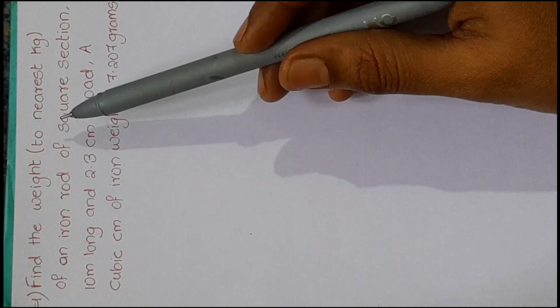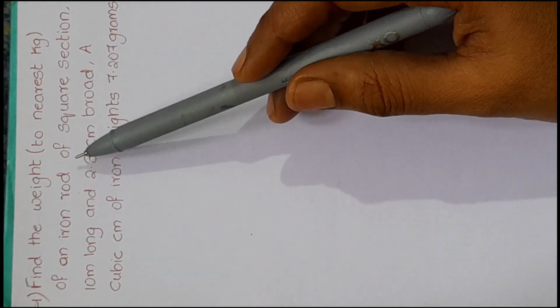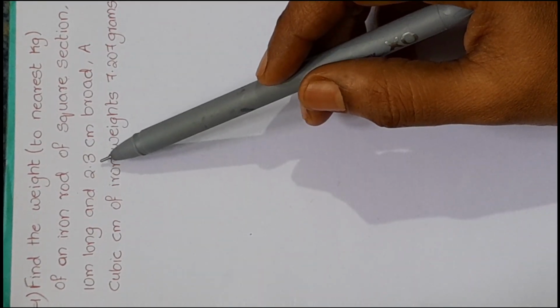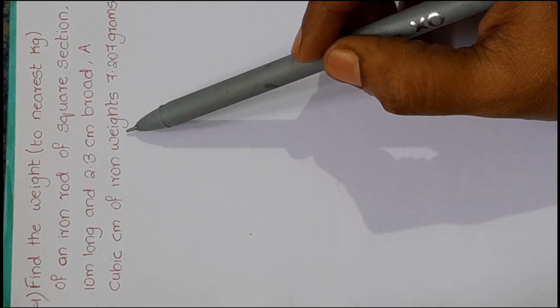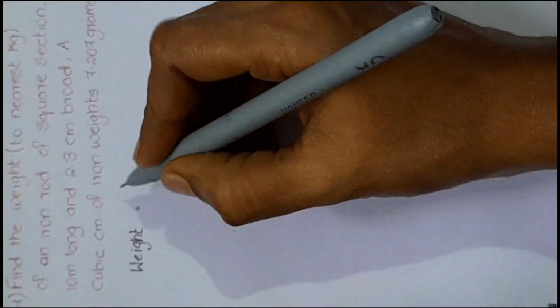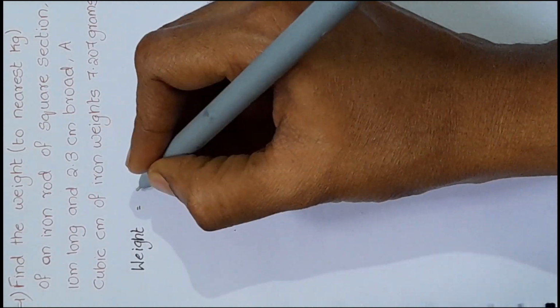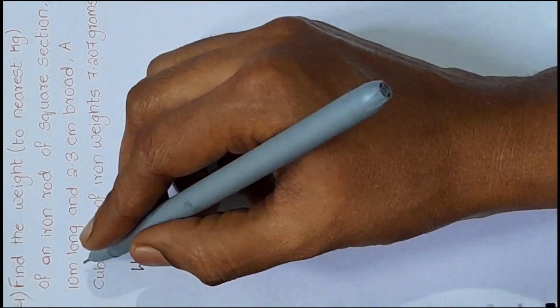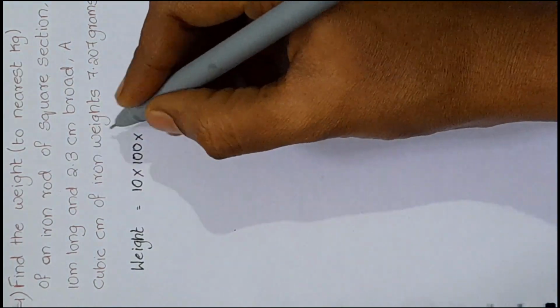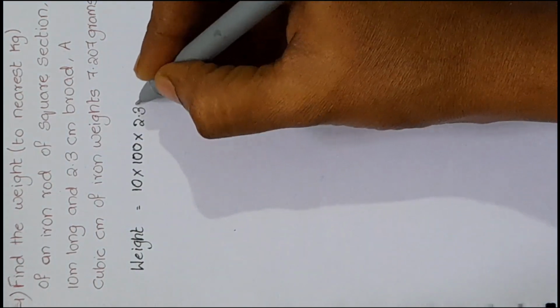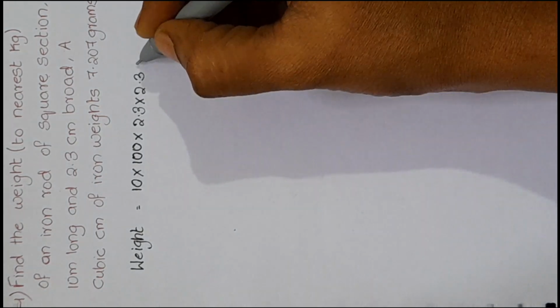Question number 4. Find the weight to the nearest kg of an iron rod of square section 10 centimeters long and 2.3 centimeters broad. A cubic centimeter of iron weighs 7.202 grams. Weight is volume into density. The volume is 10. To convert this from meters to centimeters, we should multiply with 100. And it is a square section. So 2.3 into 2.3 into density is